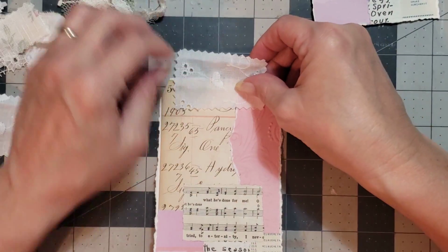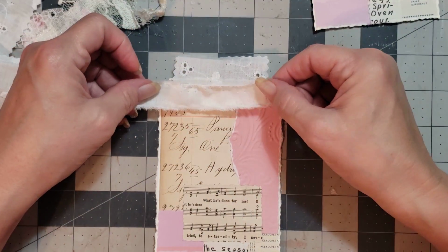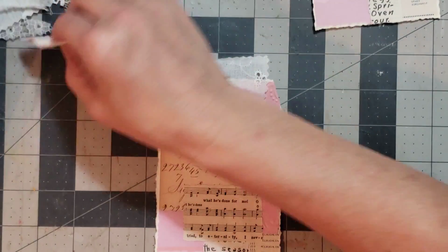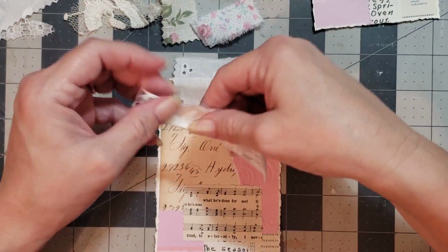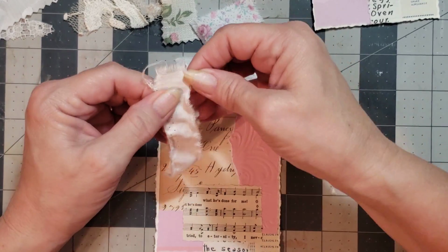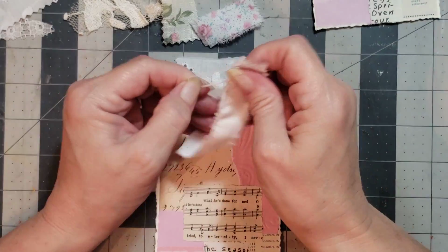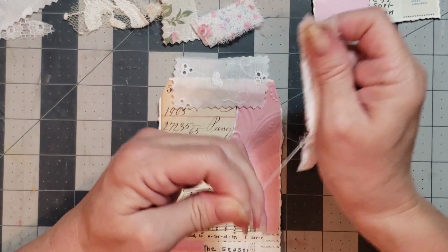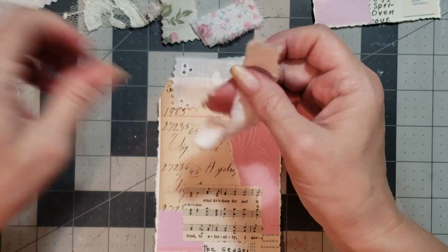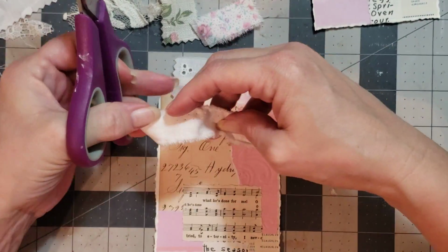Okay, so we'll lay that there. And then, let's see. I don't want to use that because it's white on white, so we need something with some color. Okay, so I have this. Oh, you know what I could do? Because I like the edge of this, let's just fray it a little better. This is just the selvage edge of some fabric, so you don't have to have anything fancy to do this. Alright, so I'm just going to cut